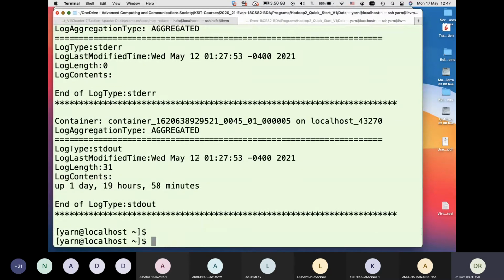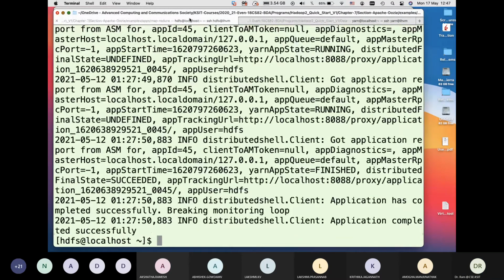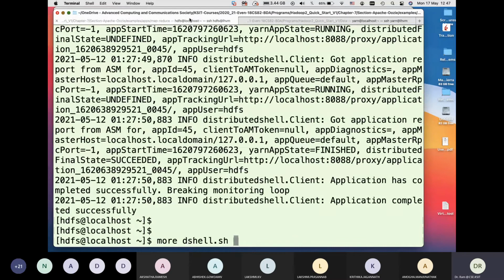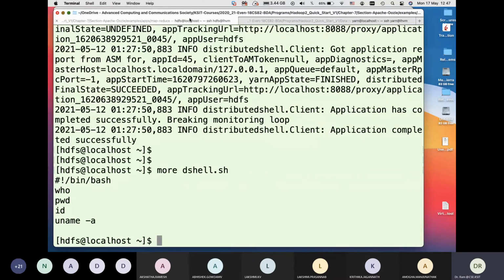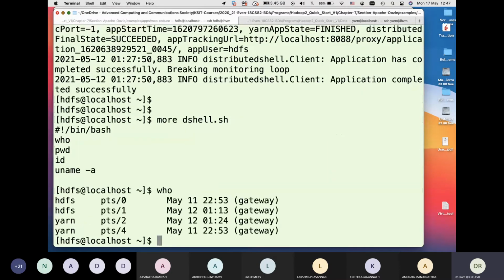Now if I want to run a different command, let's say I want to run a shell script. Let's say my shell script is this. I basically want to know who are the users logged in, like who. You basically see 4 users logged in, and pwd shows the current directory where my container runs by default. So every time you create a container, it creates a temporary directory. You'll see pwd, who the user is, uname, or any other command you'd like to run. Then we'll run basically the shell.